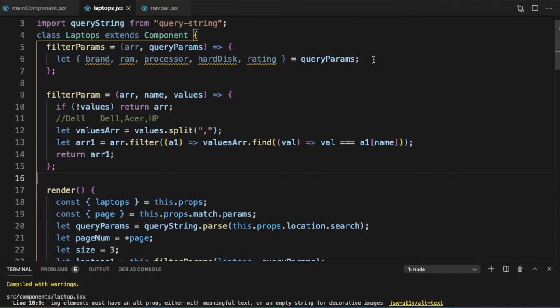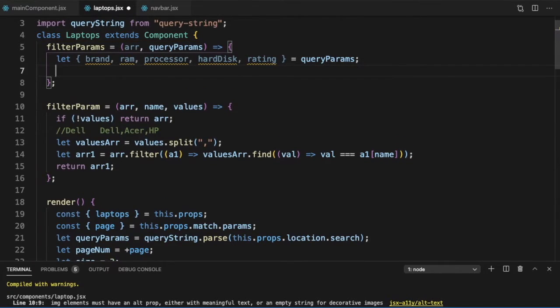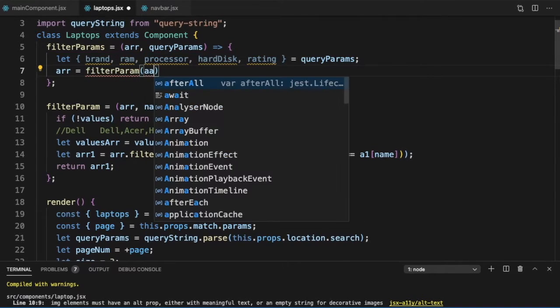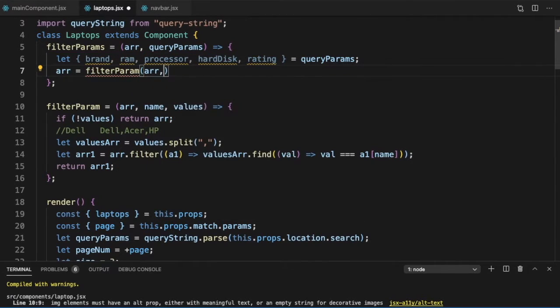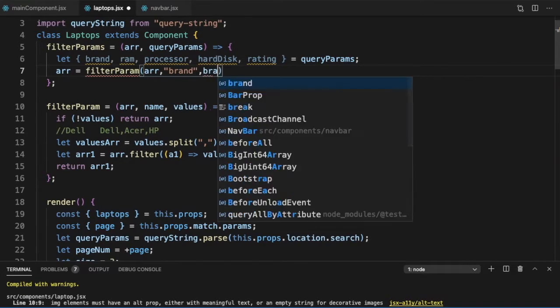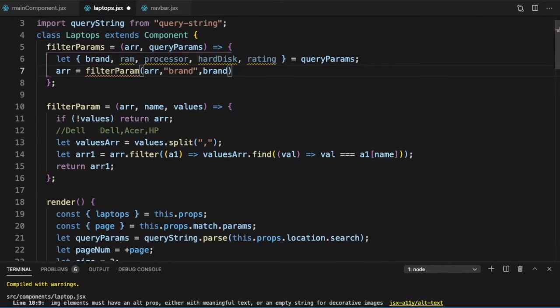So now what do we need to do? We need to filter it. So I can just say arr is equal to this.filterParam, arr, comma, what is the name? Brand, and the values is brand.